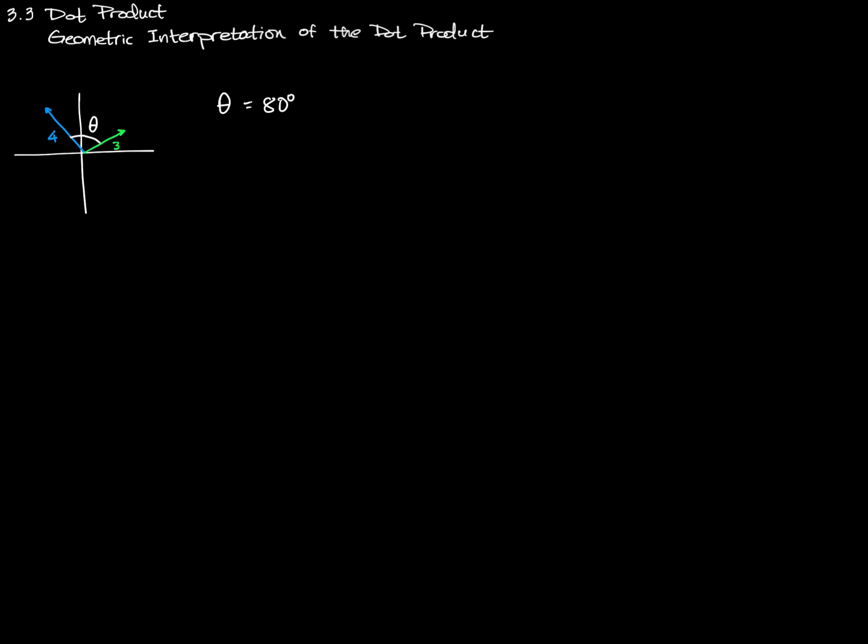I can find out what the dot product of u with v is simply by finding the magnitude of u, or using what I've been told is the magnitude of u, multiplying it by the magnitude of v, and multiplying that by the cosine of theta. In this case, that's going to be 4 times 3 times the cosine of 80, which is 12. I'll have to get my calculator out because 80 is not a familiar angle. Cosine of 80